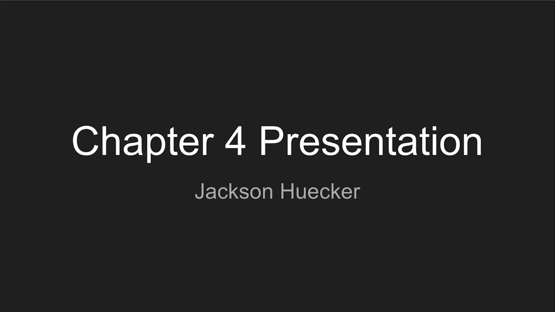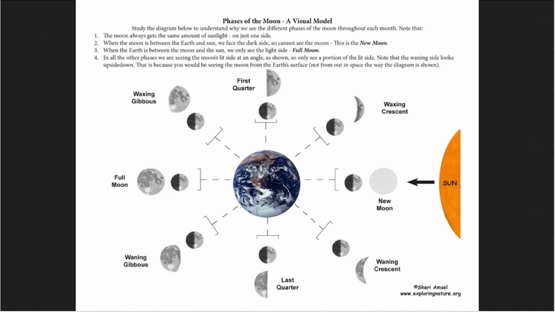Hi, I'm Jackson Huecker. For my Chapter 4 presentation, I'll be talking about the moon, more specifically its cycles, and how to easier visualize them. The moon has 8 phases, 4 long and 4 short. So to make it easier to understand for both you and for me, I've visualized it like a football game